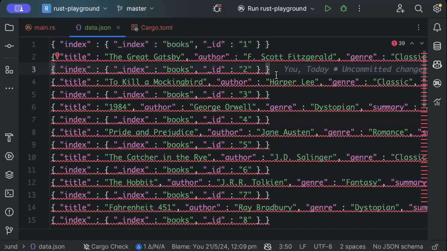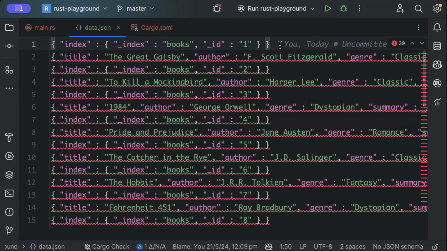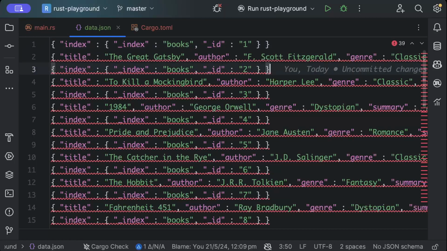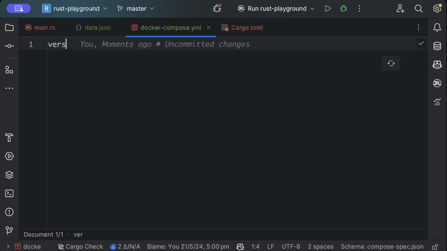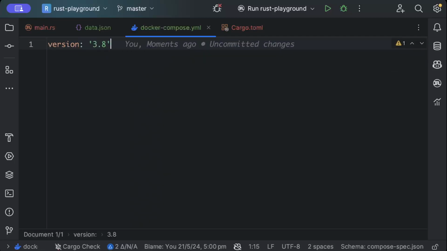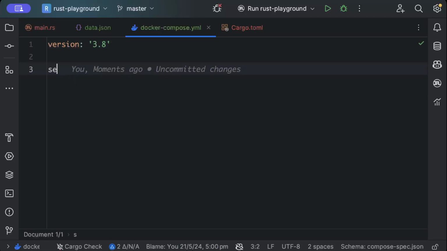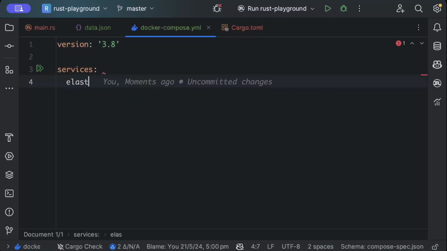So let's get started. First of all, we'll write our Docker compose to spin up our container and dump this data, and then we will move to the other side where we'll add the Rust part. So first of all, just add a Docker compose in your project, and as version we'll use 3.8, and then we'll use services, Elasticsearch,